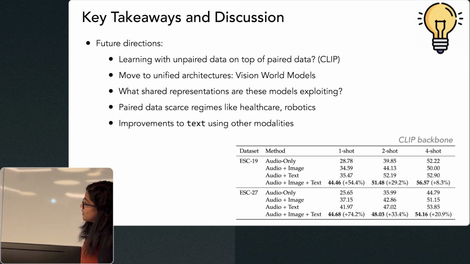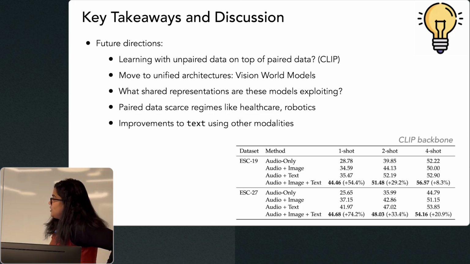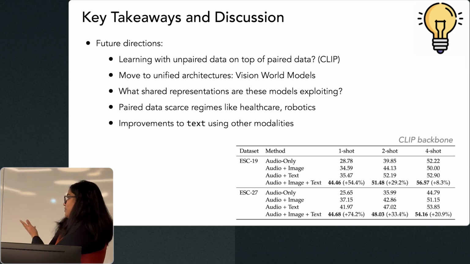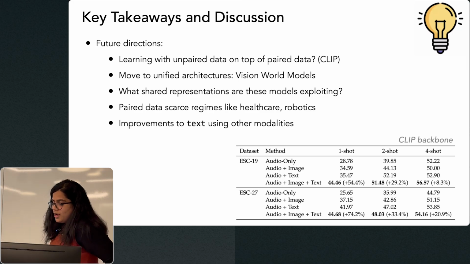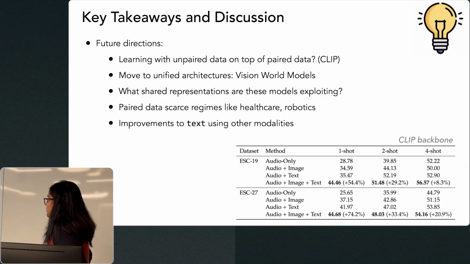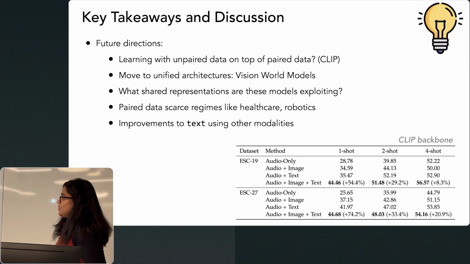Some interesting questions to explore is what are the shared representations that these models are exploiting across the modalities? This can be very powerful, especially in domains where paired data is scarce, for instance, in robotics and healthcare. One thing that's missing and is of deep interest to me is, so far we saw that you can